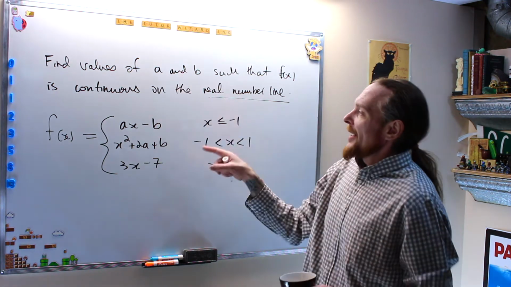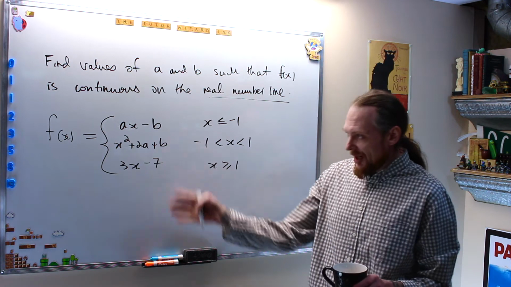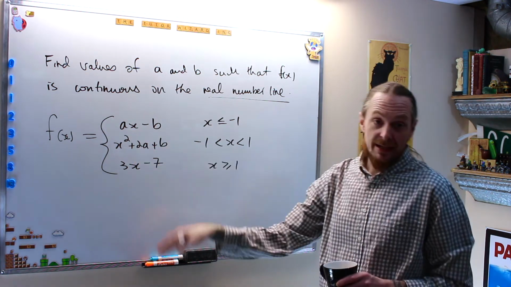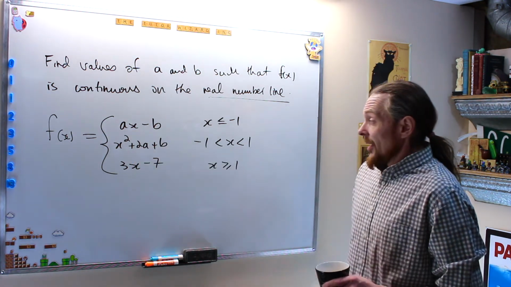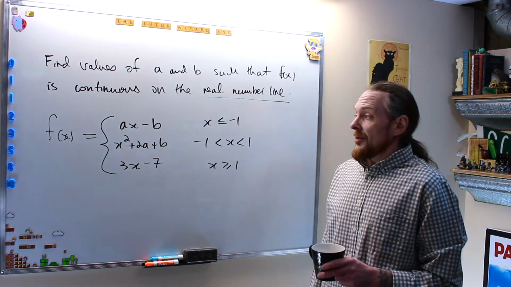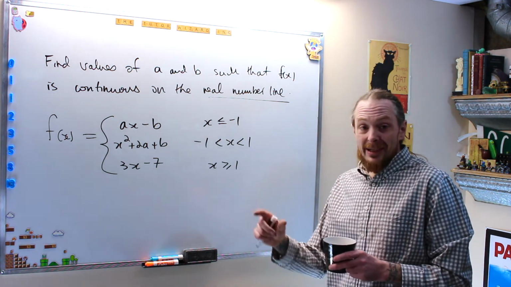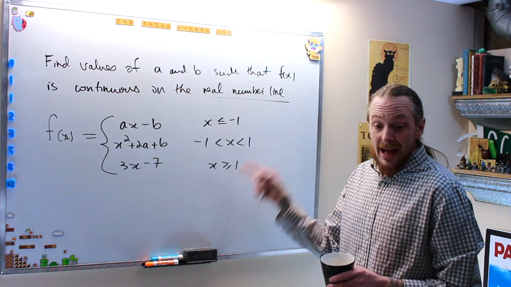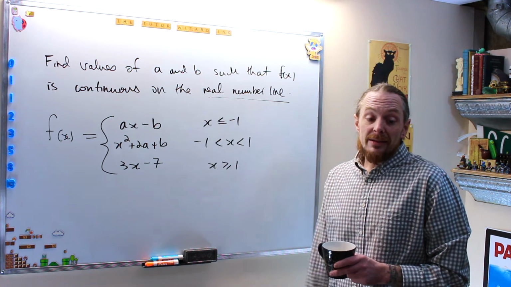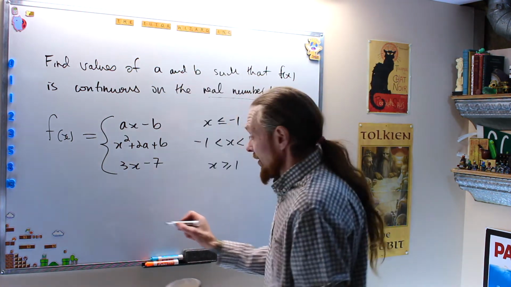So what we're going to do is find a and b such that this function is continuous on the real number line. Now it's much more complicated. We've got a linear function and a quadratic and another linear function. And so it's split again at 2 points. And to make this continuous everywhere and to find a and b, what we're going to have to do is find the left-hand limit and the right-hand limit at -1 and at 1, and then get 2 equations and solve for those. So basically, for x equals -1,